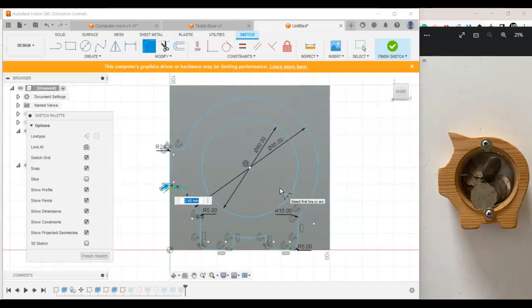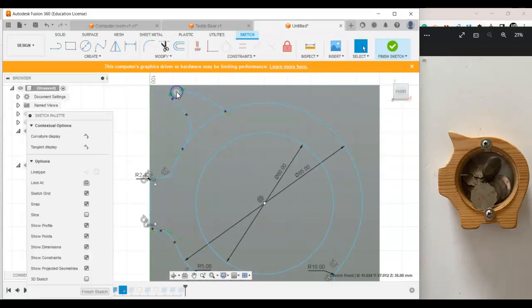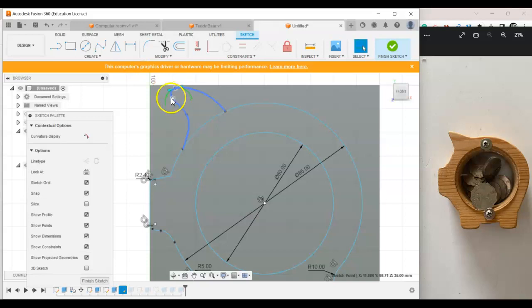The last and most complicated bit to draw will be the ear. So again with the spline tool, and if I just explain as I go, if I click once it draws a straight line. If I click a second time, it's now going to have the ability to make a curve. Up here, I'm going to dump 2 points quite near each other and then come back to over here. Then I press enter. And now, if I'm unhappy with any of those shapes, I can click them to move them. And I can also change how the line gets there by playing with these handles as well. So I might even move this up a little bit, make this a little bit sharper,